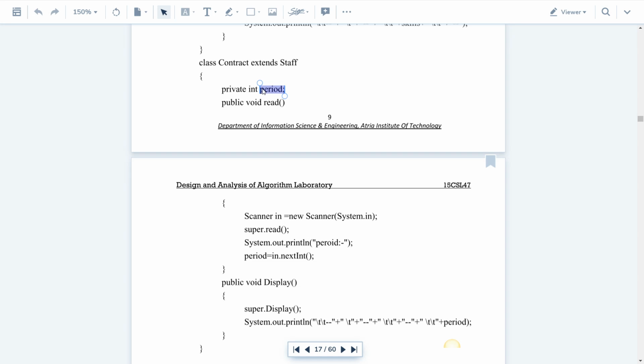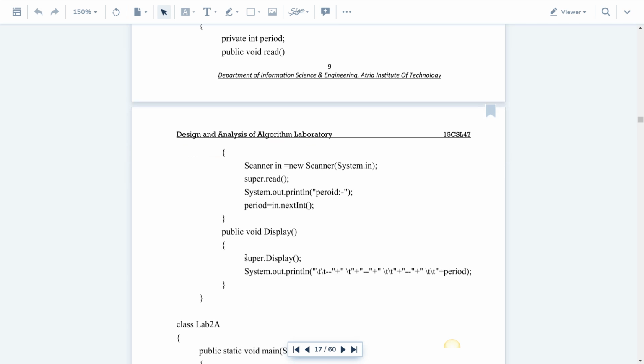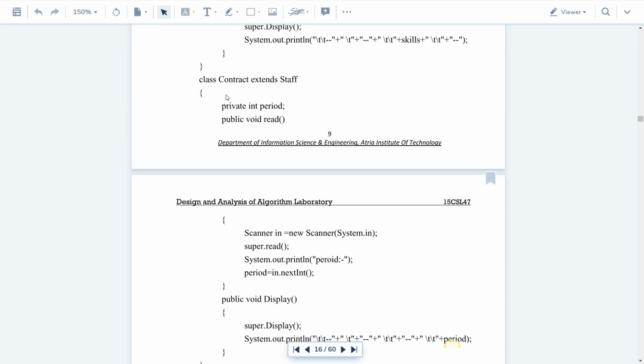This period variable is specific to the contract class, so you write that after the read method. Then in the display method, you just need to call the super class. Staff is the super class for all teaching, technical, and contract classes, which are all subclasses only.